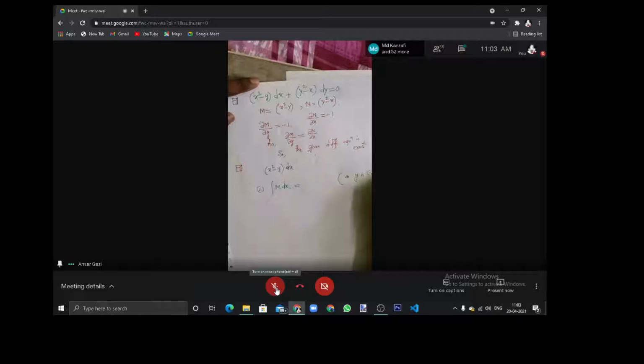Integrate N dy, okay? And treat x as constant. If x is constant, integrate this. And what will be the solution? The solution is ultimately M dx plus N dy, where common terms are written only once. And thirdly, directly write this plus this equal to c, an arbitrary constant. This is the solution technique, where c is any arbitrary constant, okay?